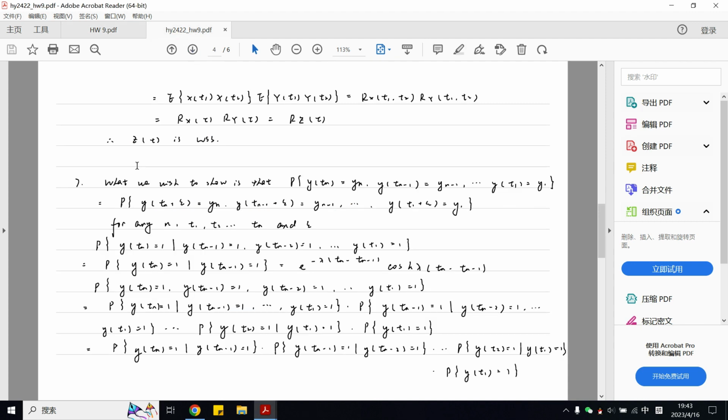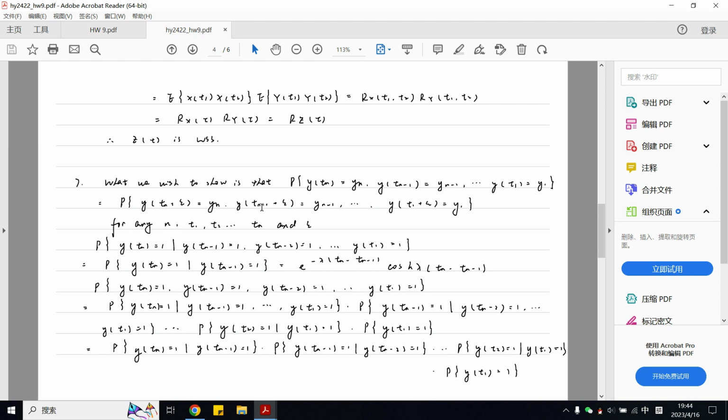So in question 7, we need to show that the random telegraph signal is a strict-sense stationary process. So what we wish to show is that the probability that Y(t_n) equals y_n, Y(t_{n-1}) equals y_{n-1}, and Y(t_1) equals y_1